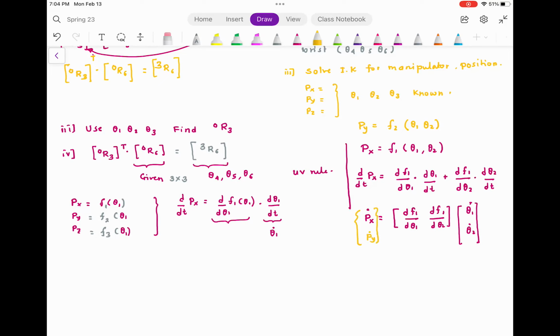So please note, function f1 is related to px. Can you see that with this f1, we are taking the derivative with respect to theta 1, and the derivative with respect to theta 2. Since there are two independent variables, we are not going to take the full derivative, but we are going to take the partial derivative. So ideally, the way I would write this is,